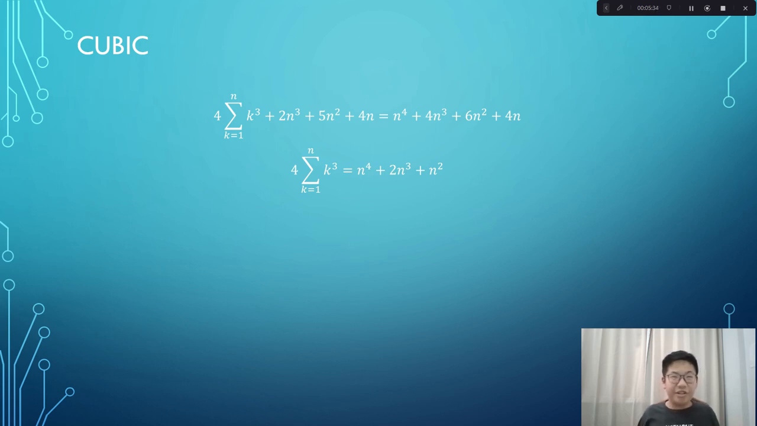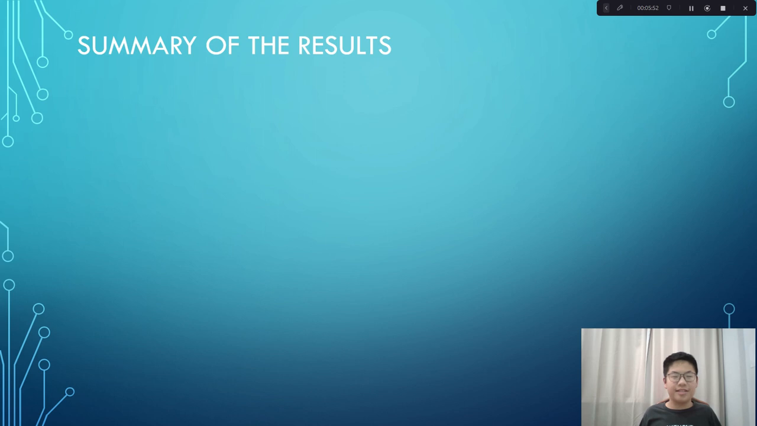Aren't you feeling some deja vu right now? It's because this is exactly the formula for triangular numbers squared, or the square of the sum of n. Isn't that surprising enough? Well, it's about to get more surprising, because we're now going to summarize all the results